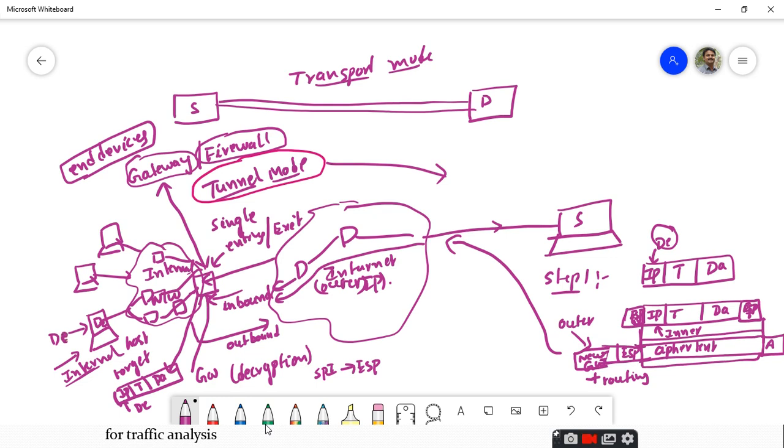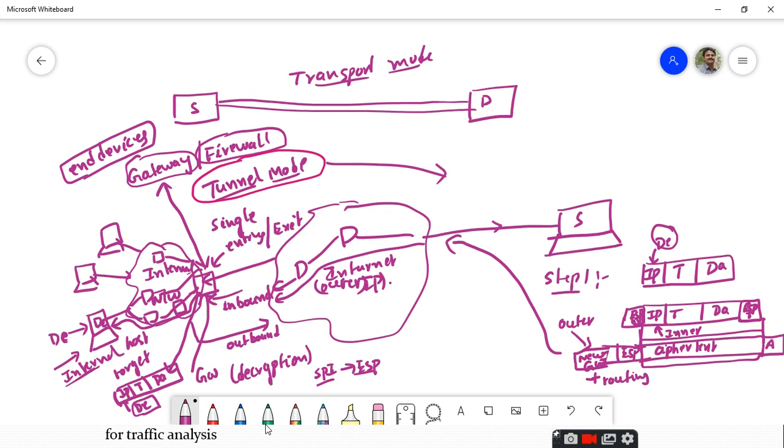Up to here, what this gateway is doing is, it will simply receive the packet and check whether it is intended for this gateway or not. Once it is authenticated, it will perform the decryption based upon the SPI, and the remaining part of the packet, which consists of the destination address DE, will be thrown to the internal network. Via this internal network you can have a lot of routes, so it will take different routes and the packet will reach the destination DE.